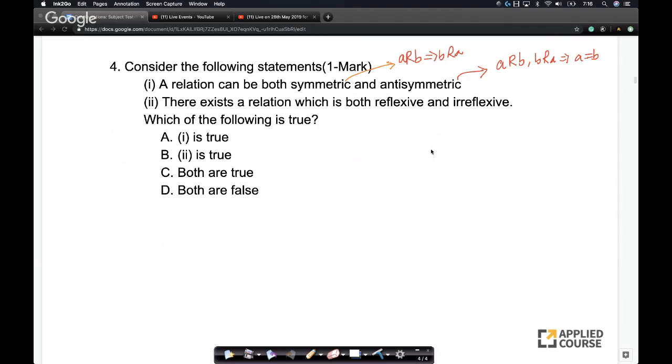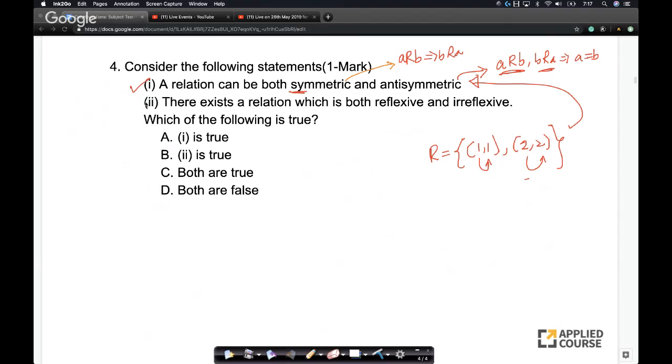Imagine if I have a relation which is an identity. Let's take the identity relation, right? 1 maps to 1 and 2 maps to 2, right? So this is an identity relation. Now this is symmetric, right? Because A related to B and B is related to A. And if A is related to B and B is related to A, then A equals B, I'm sorry. So if you look at this identity relation, it is both symmetric and anti-symmetric. I'm not talking asymmetric, I'm talking anti-symmetric, right? So a relation can be both, like this identity relation.